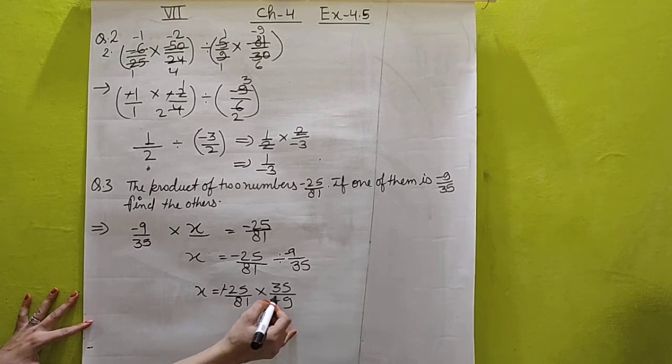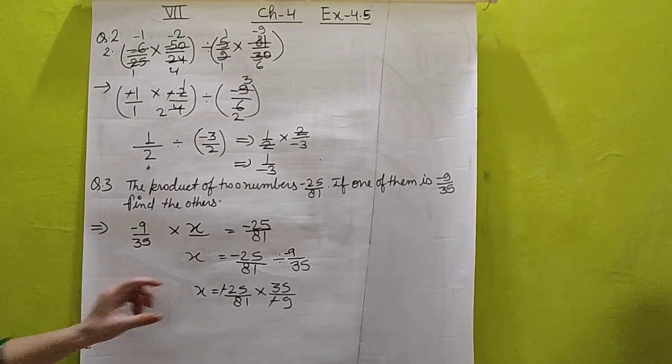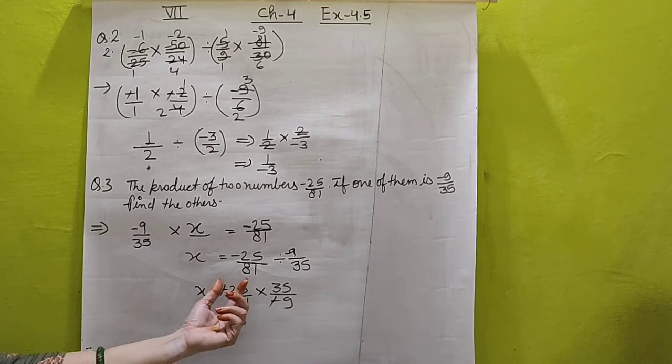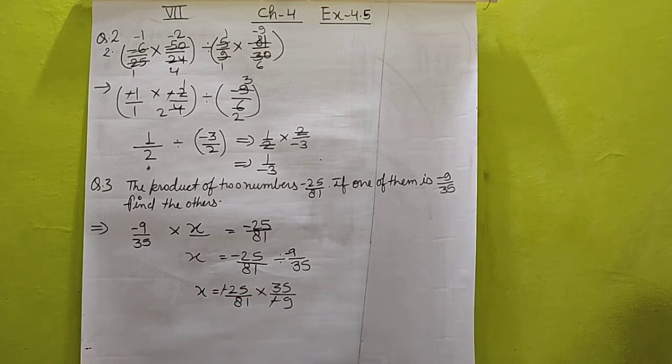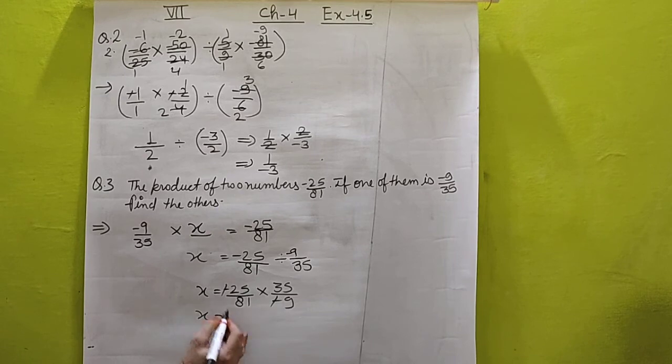Now I can cut this minus sign with the minus sign. Now you can see here, students, we cannot cut. Here we cannot use cutting method because all are not coming in same table. 25 and 81 is not coming. Diagonally also it is not coming. So directly I will multiply and find the value of x.